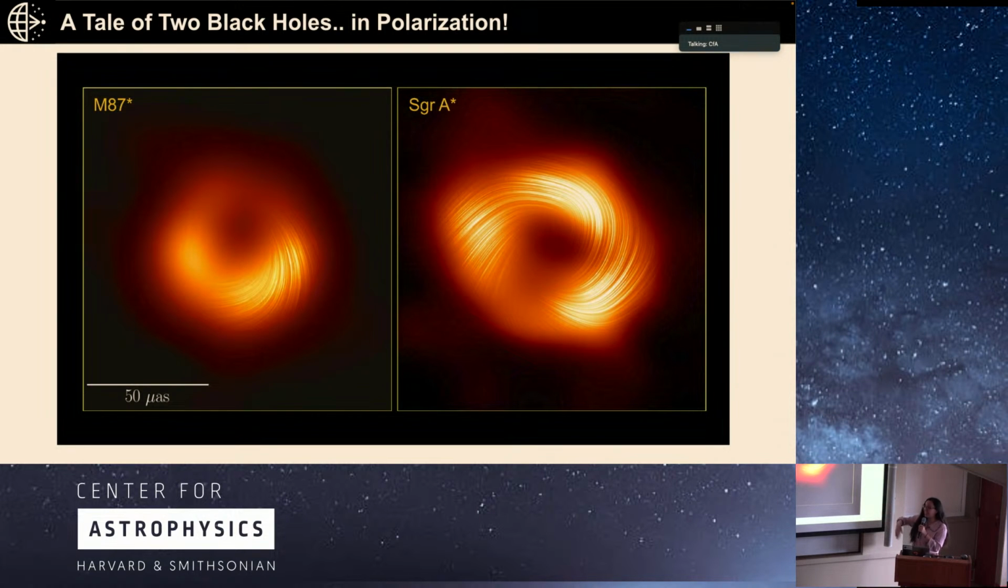Sagittarius A star is a run-of-the-mill black hole in a run-of-the-mill small spiral galaxy. It's 4 million solar masses. It's accreting much slower than M87, and it doesn't have a jet that's been observed as yet in images. So this was actually pretty peculiar for us to find out that their magnetic field structures actually turn out to be really similar, and that this may be actually a universal kind of feature of these types of black holes